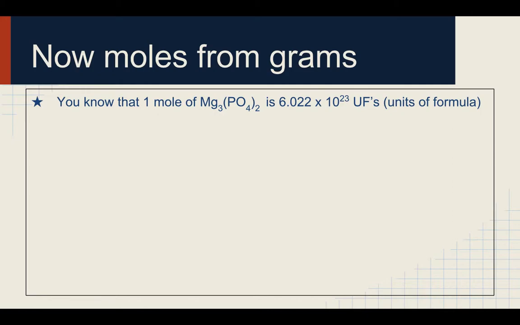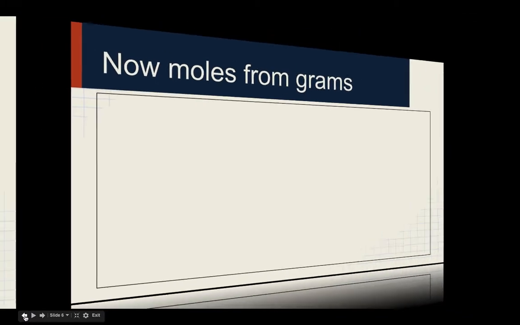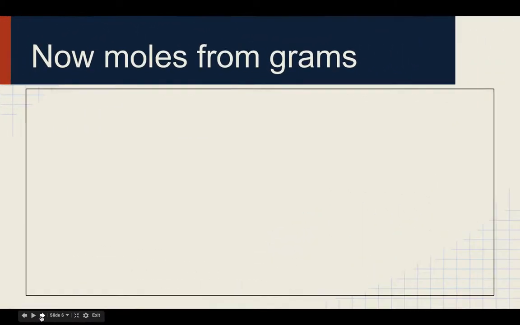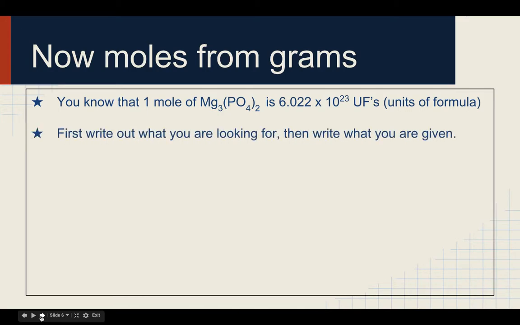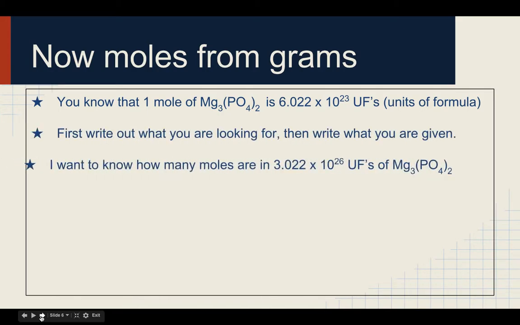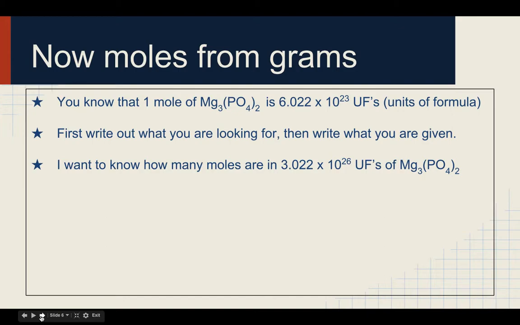What I'm going to have is what I'm looking for and then the given. So I want to know how many moles are in 3.022 times 10 to the 26th units of formula of magnesium phosphate. Step 1,